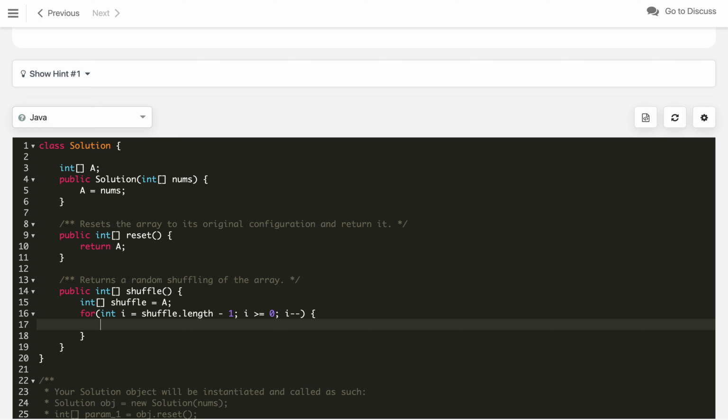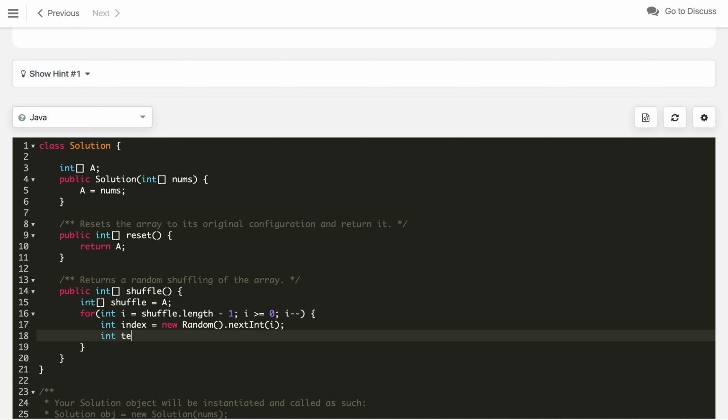Now we will generate the random index. So find out the int index, the random index, by using the Random class nextInt method: new Random().nextInt for I. Once we get that index, we will store the value at shuffle of I in a temporary variable.